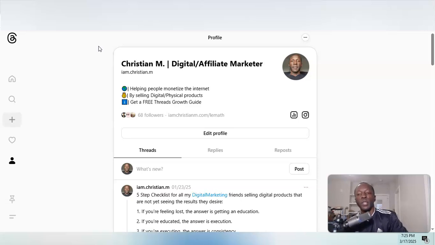So I'll have a page that looks like this, with a little description of everything it's all about. Then here, where you see 68 followers, I showed you my other page that only has 58 followers. I'm going to have my domain here, which is going to be a landing page that I've created using a page builder called Leadpages.